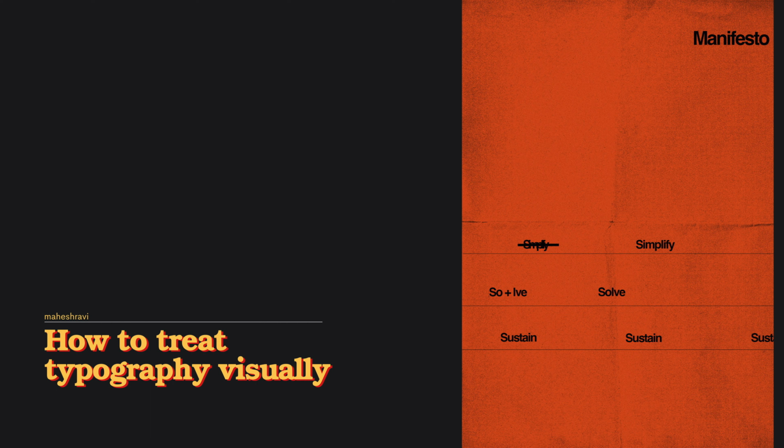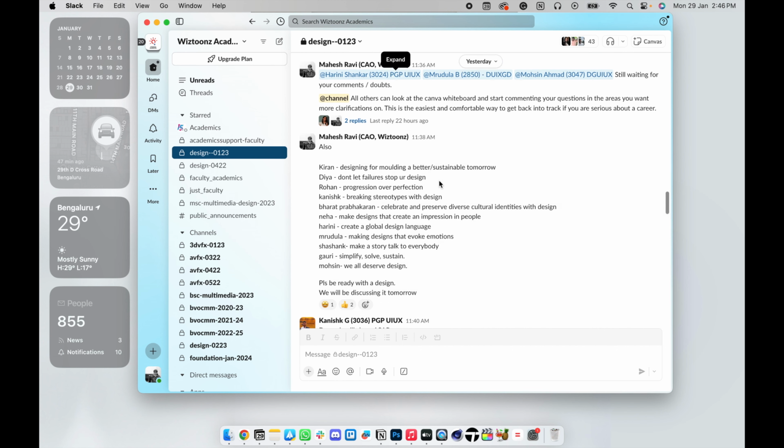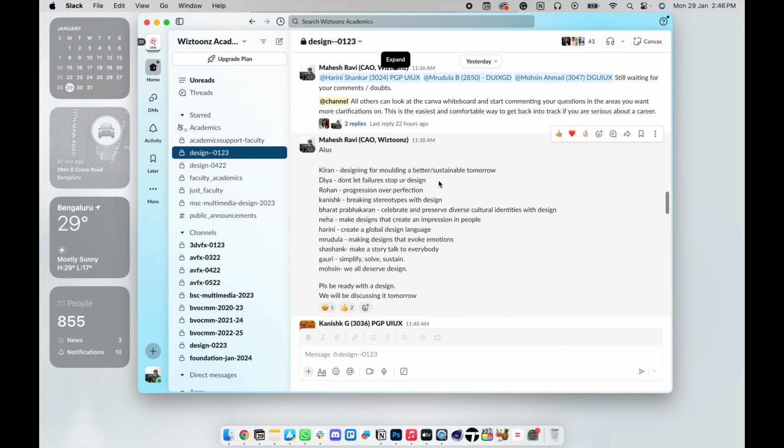In my design class, I gave the students a task to come up with a design manifesto. A design manifesto is basically a statement which illustrates the purpose of why they want to do design. Students came up with their thoughts, and one really interesting statement that student Gauri made here is